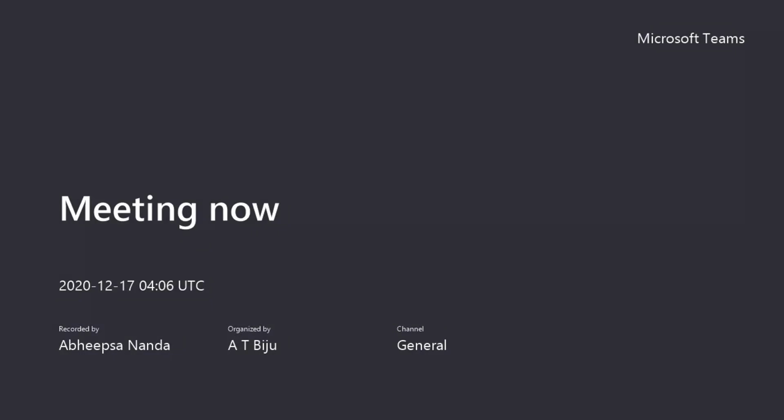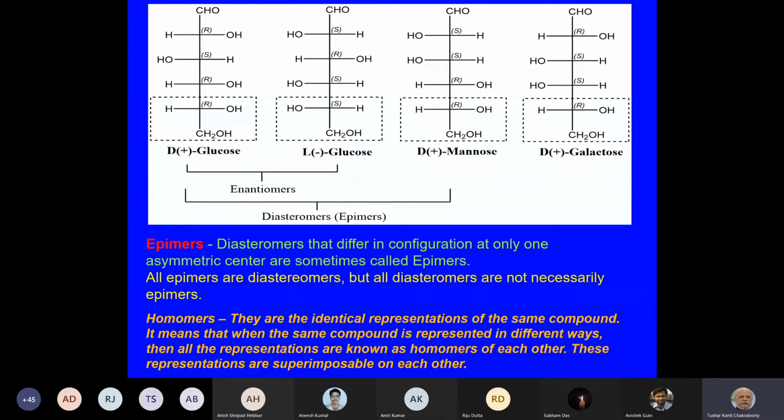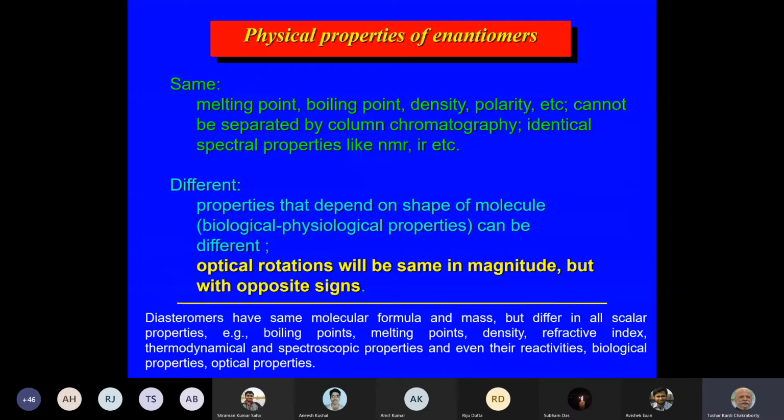Different angle, and then ask the students to see if they are identical or not. If they are identical, they are called homomers. And we also learned that the physical properties of the enantiomers are the same, everything: melting point, boiling point, density, polarity,